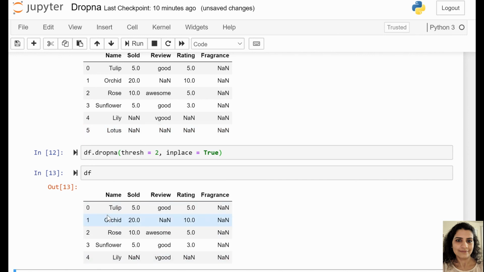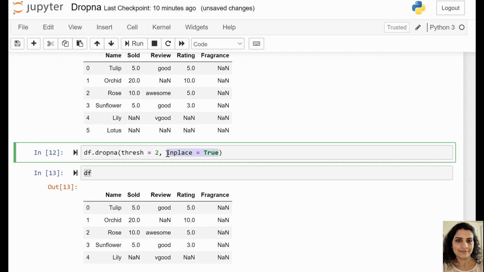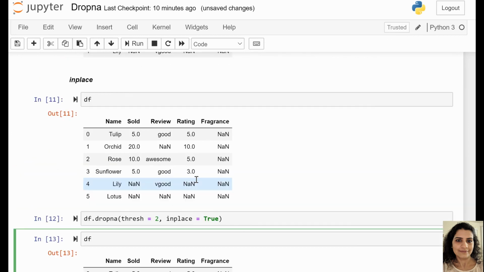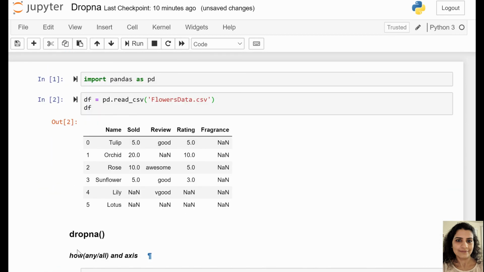We are left with only 5 rows. So now the changes are taking place in the original data frame because we have written inplace is equal to True here. So that's how this parameter works, and that's how all of these parameters associated with the dropna method work. That's it for this video.